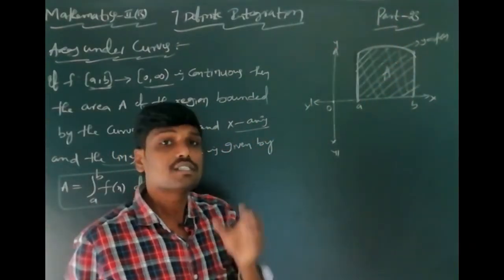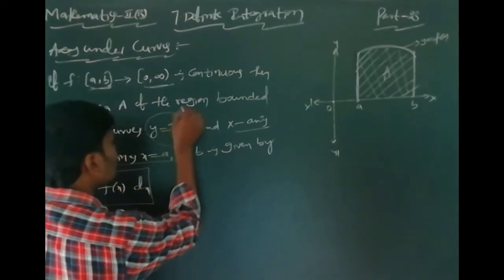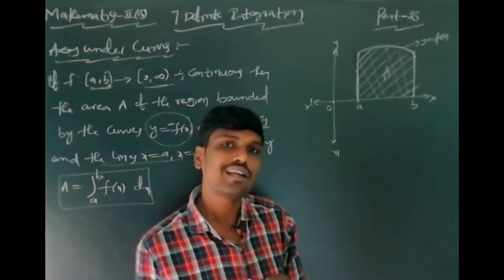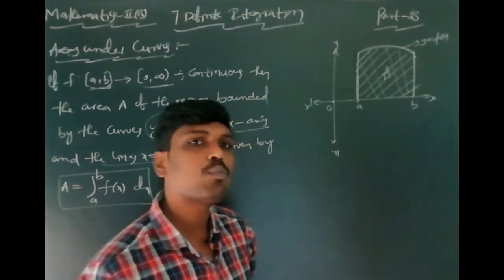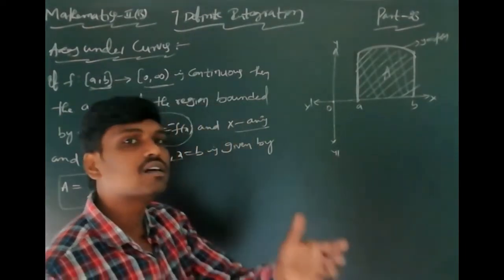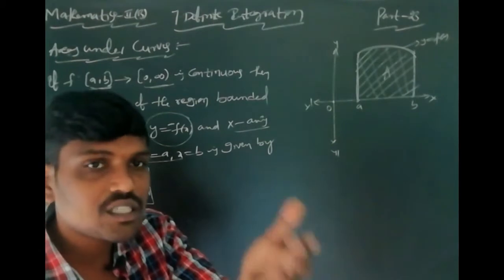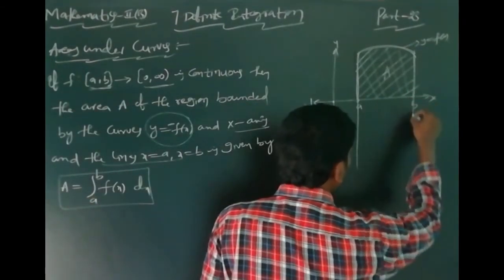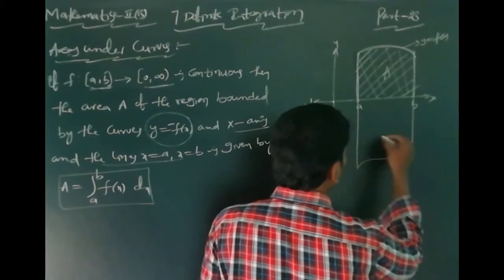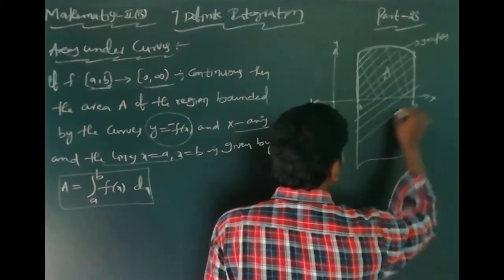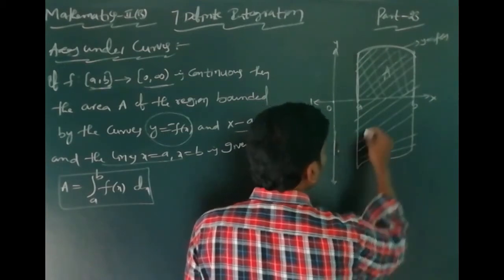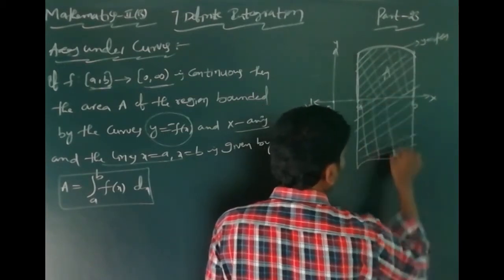That is the area. Suppose here we put y is equal to minus f of x. What happened? Here y is equal to minus f of x, you can write it as a function having negative values. This curve lies below the x-axis. This one is a curve, and this one is the area. This curve lies on which side? The negative side of the x-axis. This total is the area.